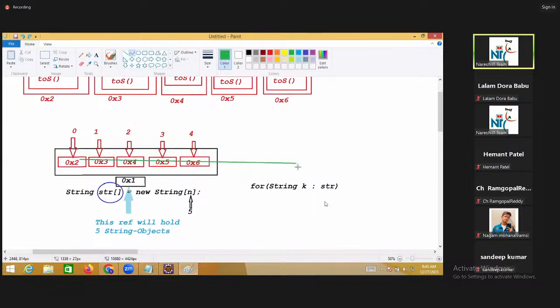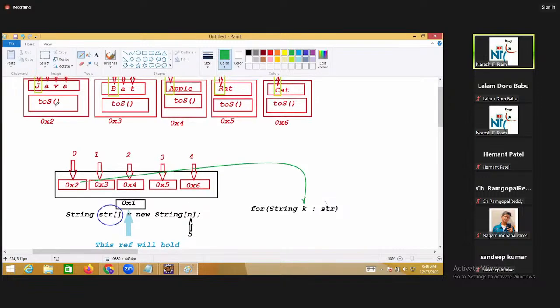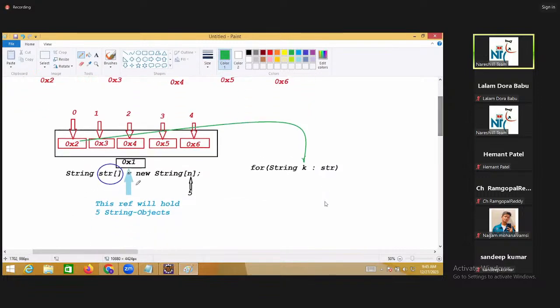The first address will be loaded here. First address means the first string, no? This one? Yes or no? When the first string comes here,